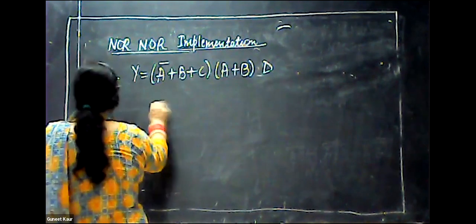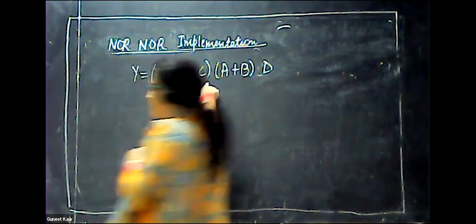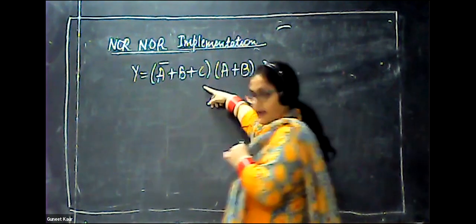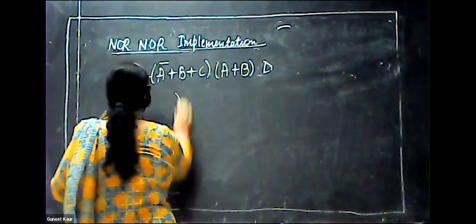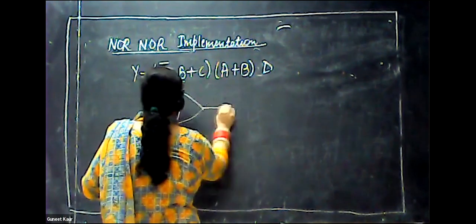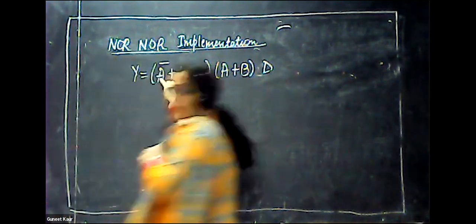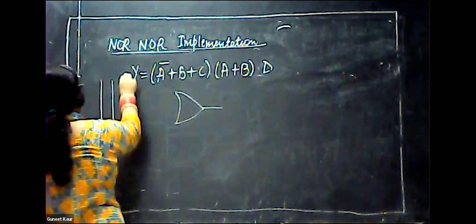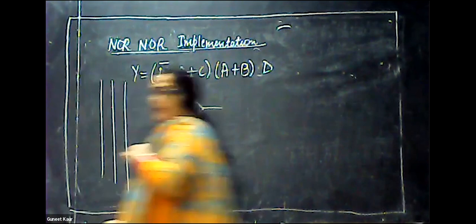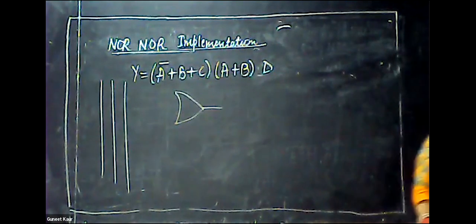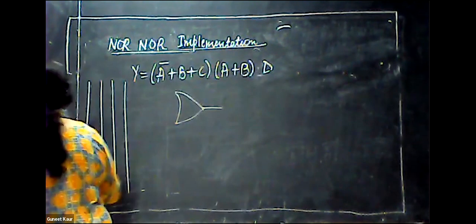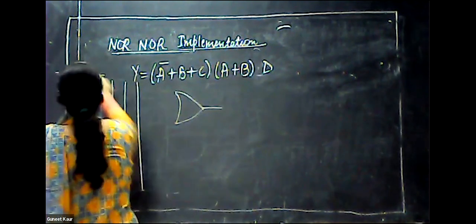So with this, you know that for getting this, we should have one OR gate. Okay, so one OR gate will be tied here. And A bar. A bar means you should have, let us suppose I have made these lines. One of these is your A. And I have drawn 4, no, 5 lines.